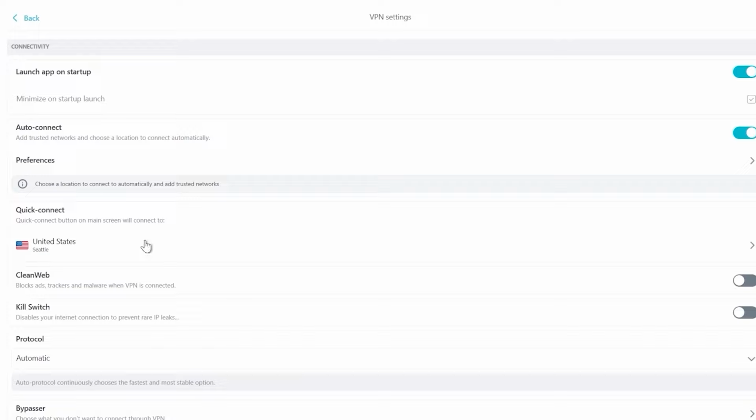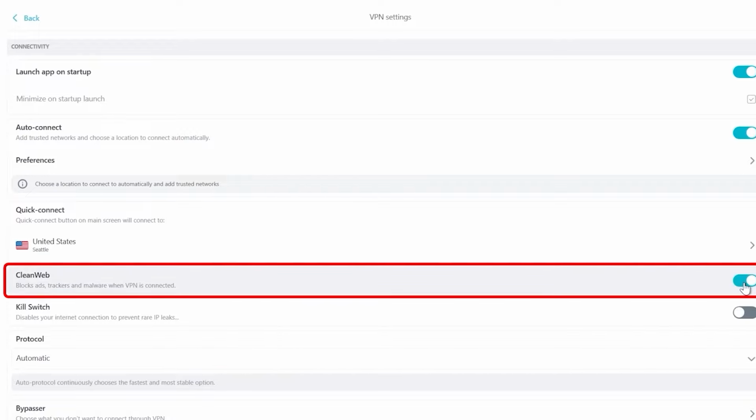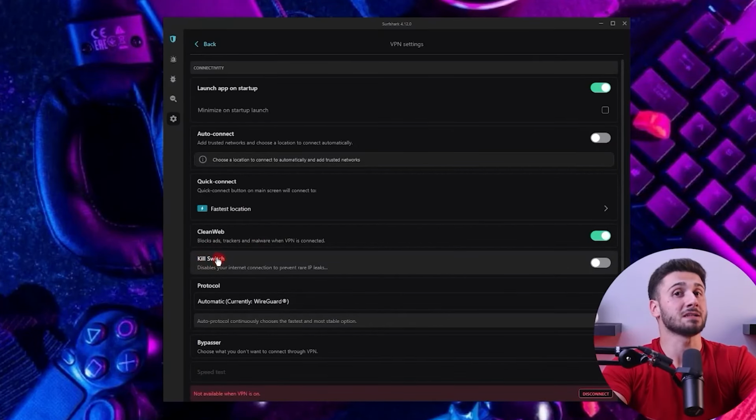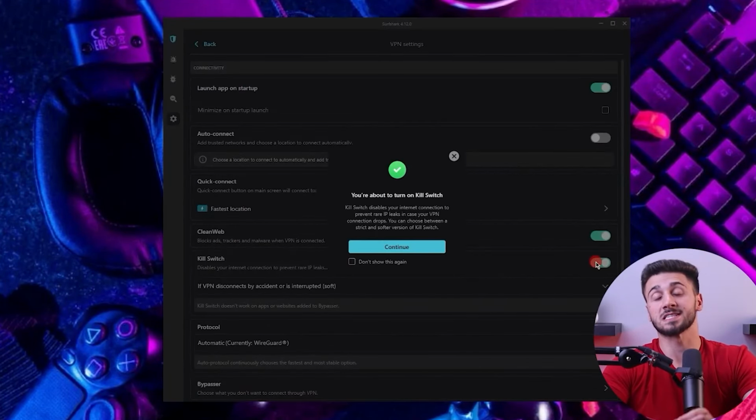While browsing through the main menu and settings, you have the option to enable a few more features. For example, I use Clean Web to block online ads and trackers, which also alerts me of any malicious websites. Another important feature is the kill switch, which ensures that your IP is not accidentally leaked. It automatically disables the internet connection in the event of a VPN failure, safeguarding your privacy until the connection, well,